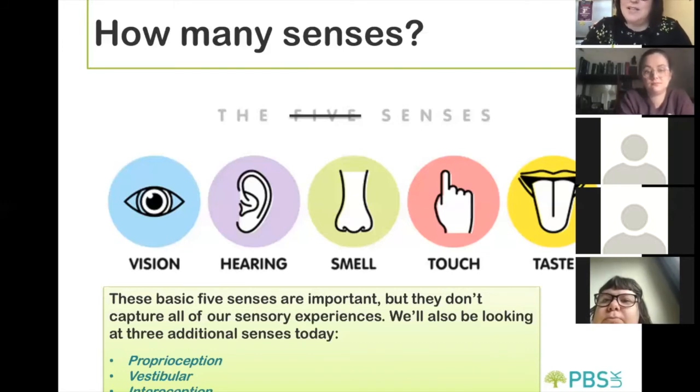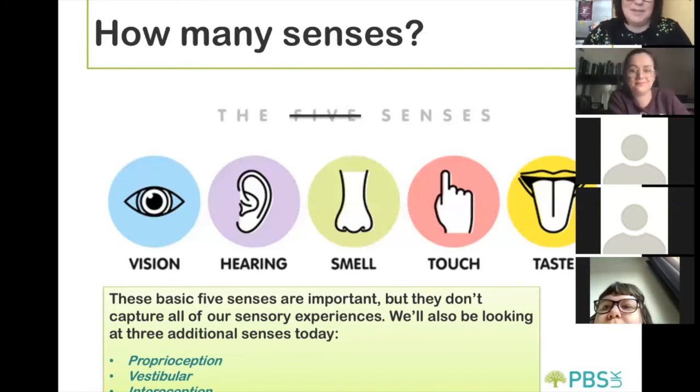So we're going to be looking at 3 additional senses as well today. We're not just going to be looking at those 5, we're also going to be looking at our proprioception, our vestibular sense, and this sense called interoception as well. So that makes 8 in total. And I think there are arguments that potentially there are other ones as well, but these are the main 8 that we ordinarily look at in relation to sensory behaviours. On the next slide, I'm going to tell you what these 3 are, just in case you're thinking, I'm not sure what those words actually mean. I will explain them on the next slide.